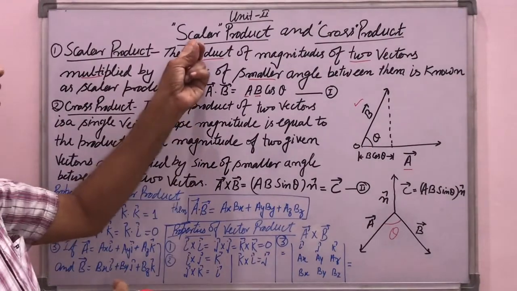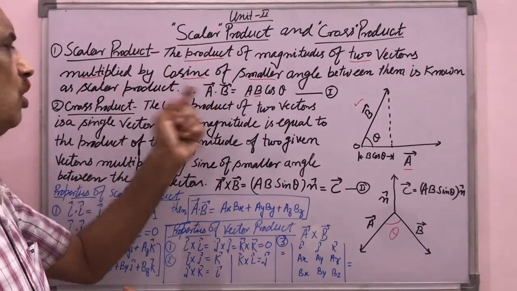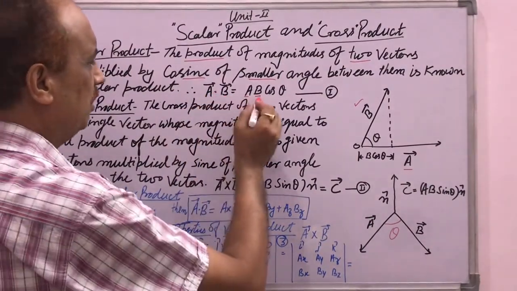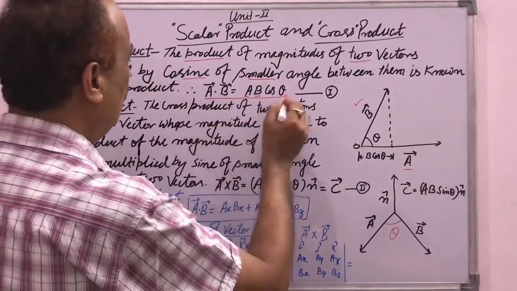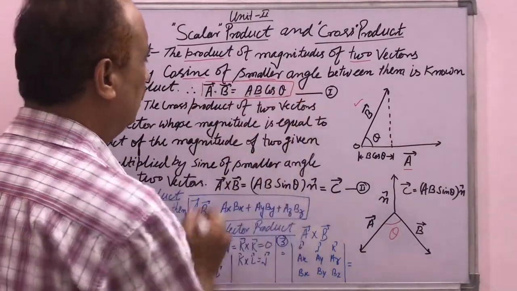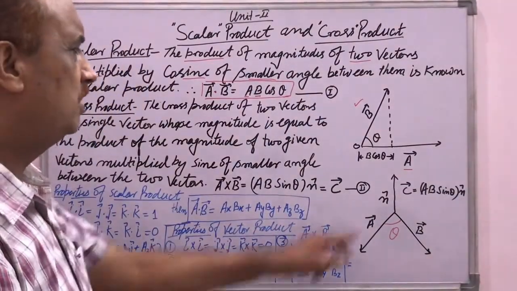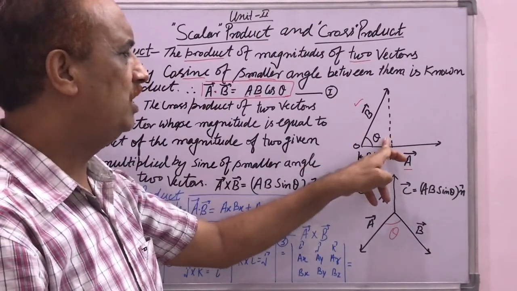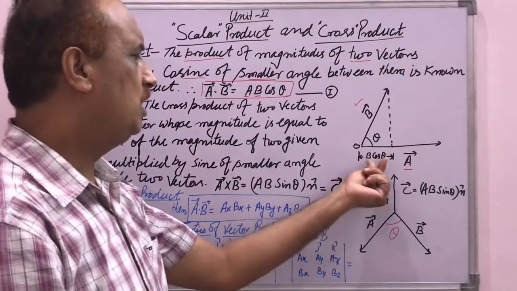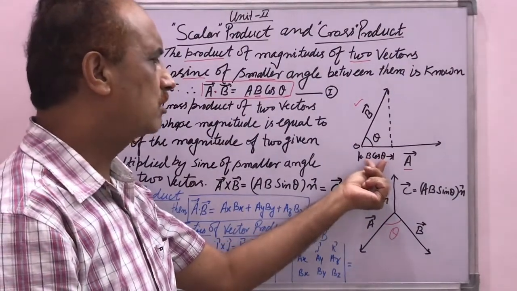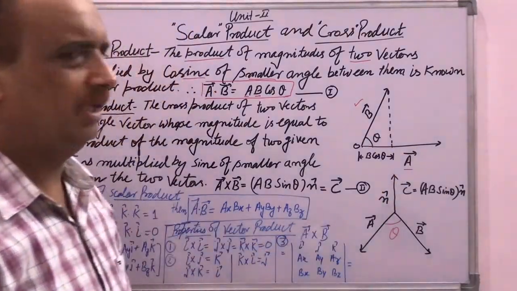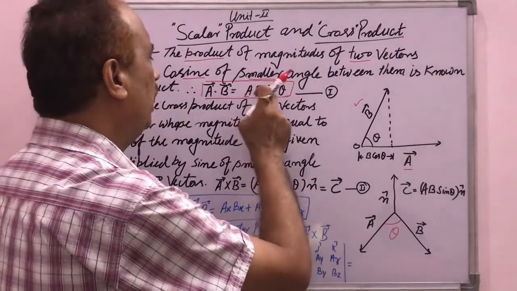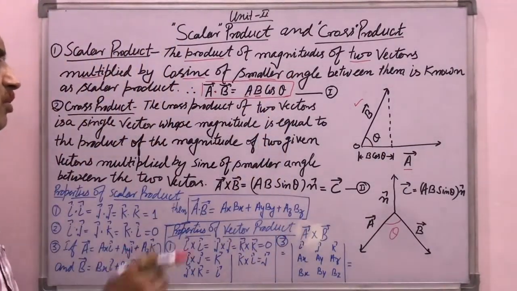It is also named the dot product. So we use the dot between A and B, and the answer will be AB cos theta. This is the formula for the dot product of the given two vectors. From this diagram we can explain where the two vectors A and B are inclined to each other at a small angle theta. B cos theta is the rectangular component of B along the vector A. Then the magnitude of A times B cos theta is equal to AB cos theta, and it is the magnitude of A dot B.